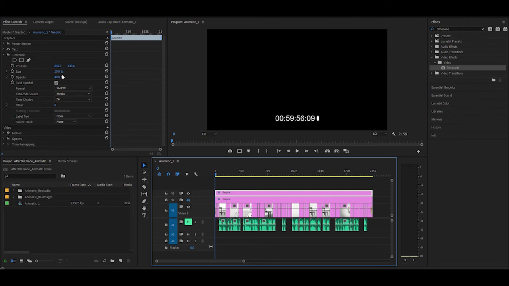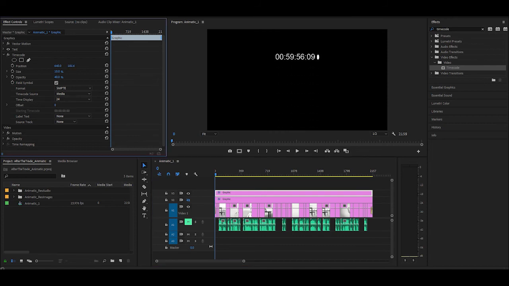Almost. First, we want to change a few things about this particular timecode. We want to change, in order, the position. I prefer my timecode position to be at the top rather than the bottom. So I'm going to change its Y value, place it a bit higher up. The size is fine with me for readability, legibility. Opacity is fine with me. I can get rid of the field symbol,